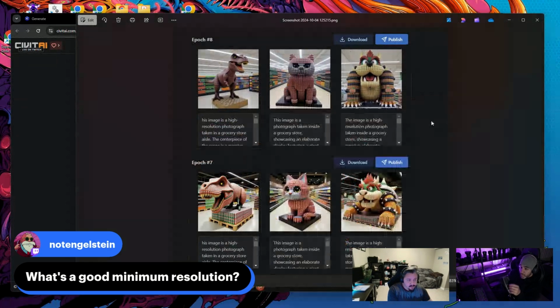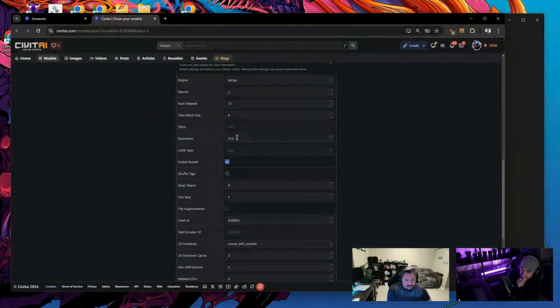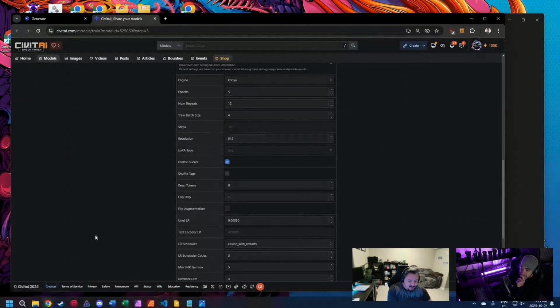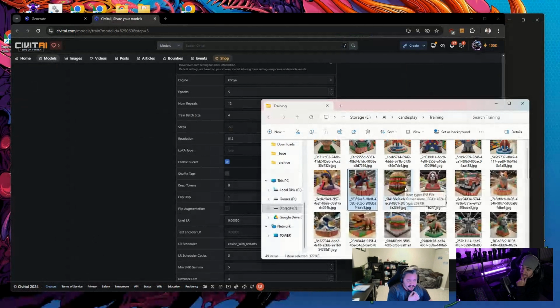And Inglestein asks, what's a good minimum resolution that we're aiming for when we're curating our data set? As far as setting the resolution, I usually leave it at 512 just because it works quite well with Flux. But I'd say any picture above 1000 by 1000 works well. Anything much more is good. But if you get above the 1500, 2000 range, it will downsample it. It's not really so much a thing of going too high, because especially if you're training on site, it will downsample it for you, which is better than upsampling.